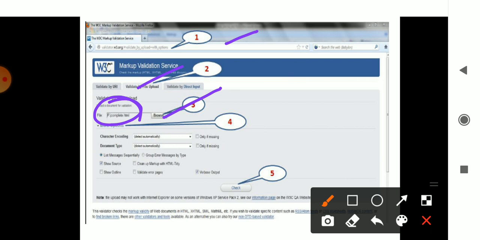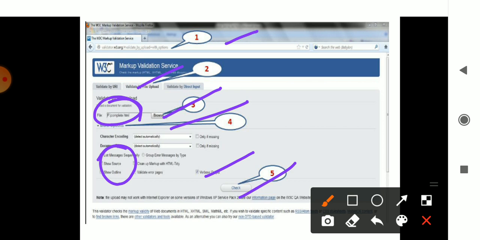Then afterwards you have to select the more option here. In that more option, you have the option show source. You have to click on that and on validate output. It will check that particular output, and you use the check button.